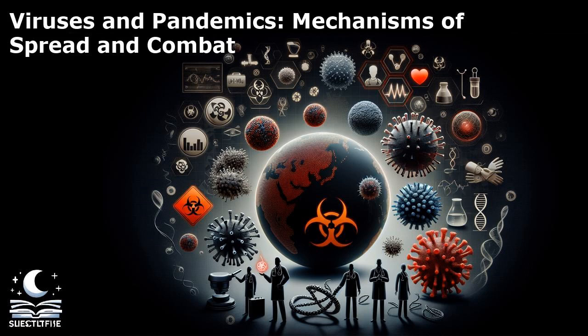the illness. Antiviral medications are commonly used to treat viral infections by targeting specific steps in the viral replication cycle. For example, drugs like oseltamivir, Tamiflu, and remdesivir have been used to treat influenza and COVID-19, respectively, by inhibiting viral enzymes and RNA synthesis. Another approach to treating viral infections is through the use of monoclonal antibodies, which are laboratory-made proteins that mimic the immune system's ability to fight off viruses.